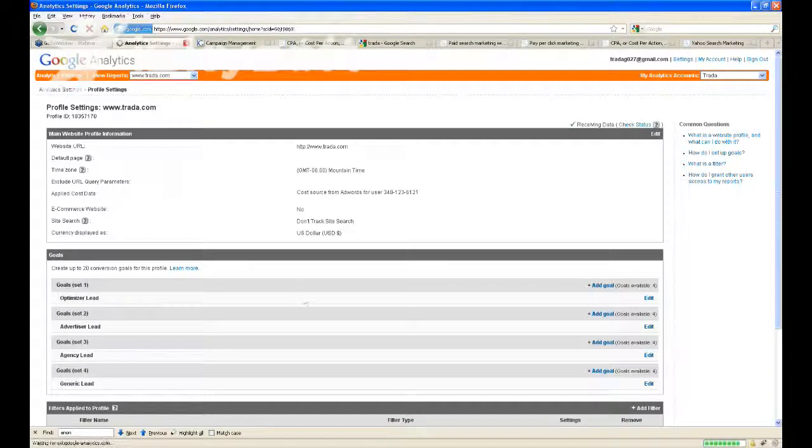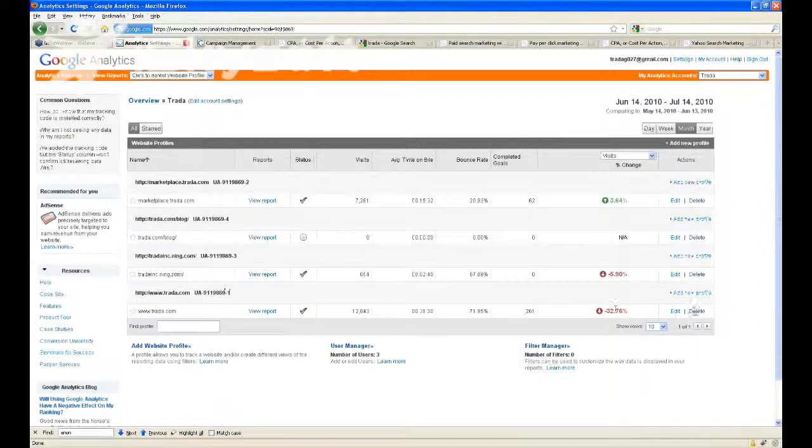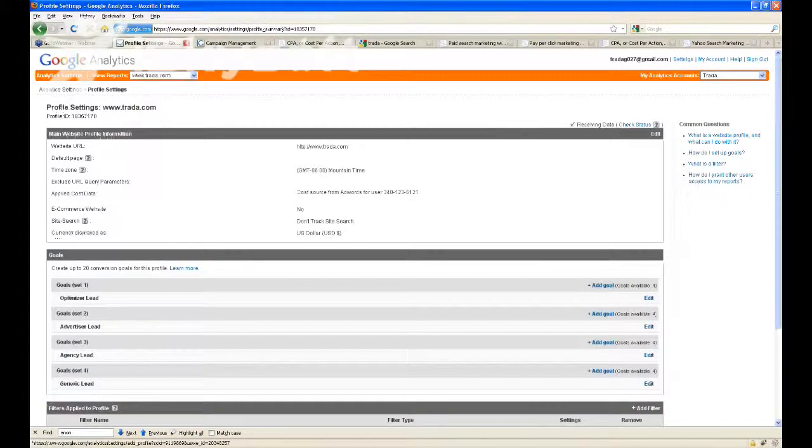Anyways, to review analytics settings, go to the URL that you want, hit edit, and the goals are actually built into that part of the system. And you'll see here that we named them whatever we wanted. If we wanted to call it something else, we would call it something else. Hopefully that was handy. So one more question.